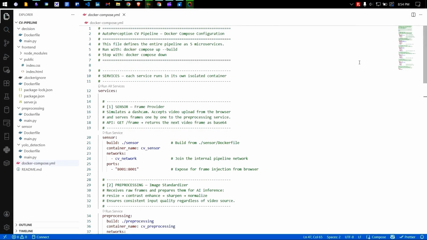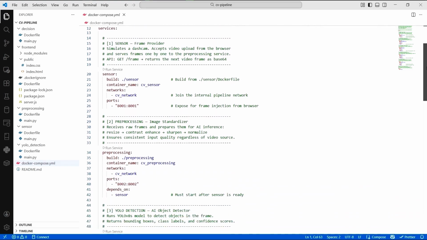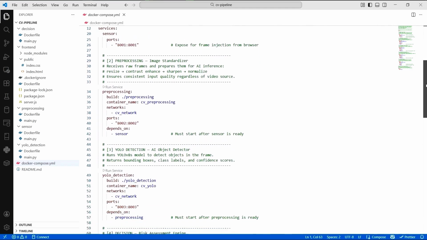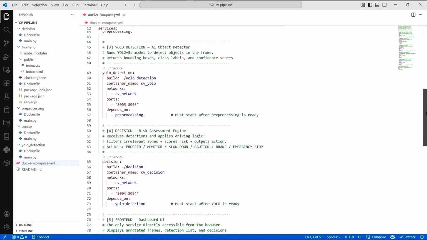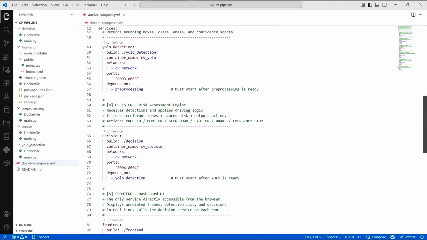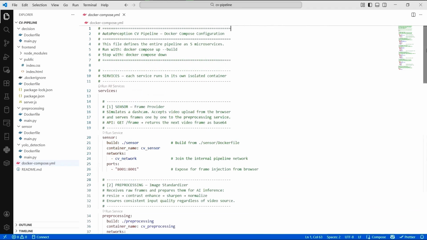This is docker-compose.yml, the single file that defines the entire system. Every block here is a service, which becomes a Docker container when we run it. We have 5 services: sensor, preprocessing, YOLO detection, decision, and front end. Each service has a build path.